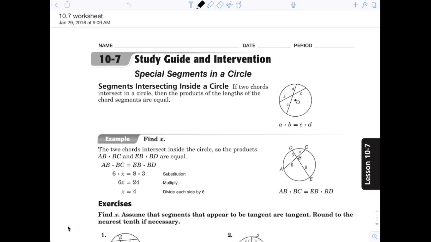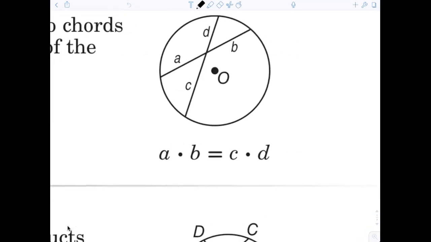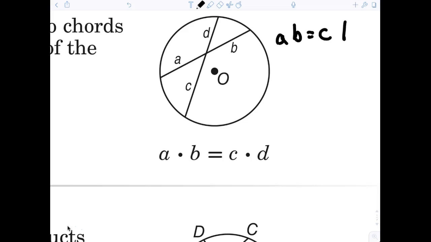With intersecting chords and intersecting secants, there happens to be a relationship between the individual parts of the chords. It's not real hard to prove, but I thought it was a little strange that the product of the parts of the chord are always equal. So in this first example, you would simply say A times B is equal to C times